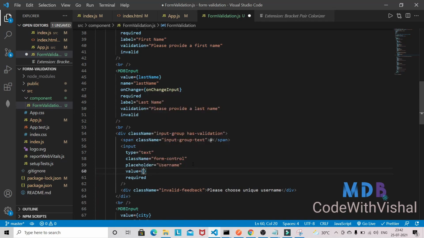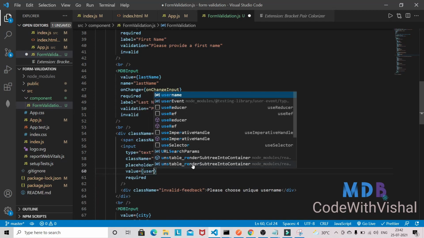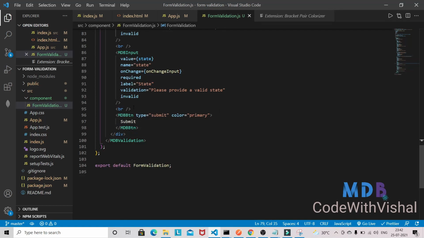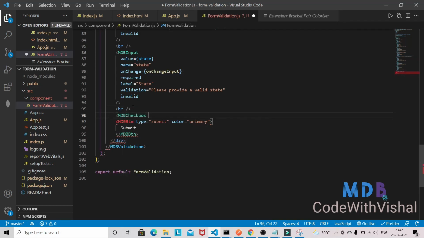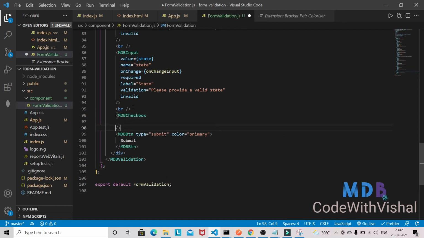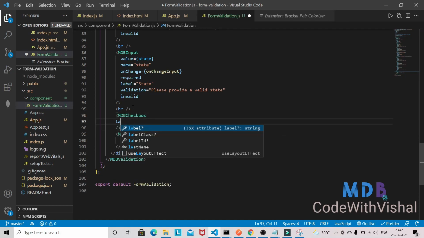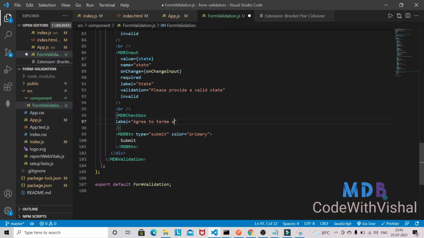value equal to username. So after a break, MDB checkbox, and label I'm going to give like agree to terms and conditions.